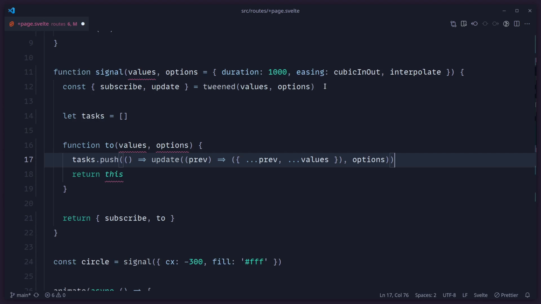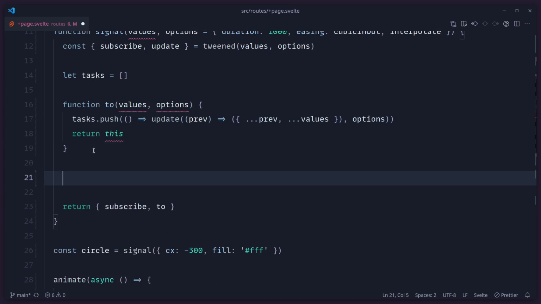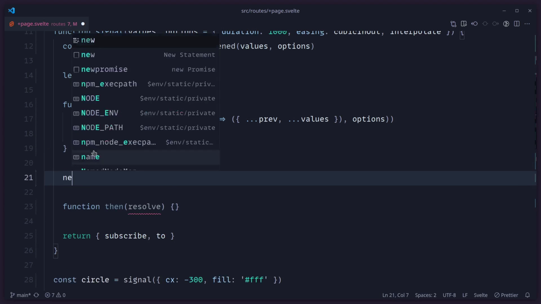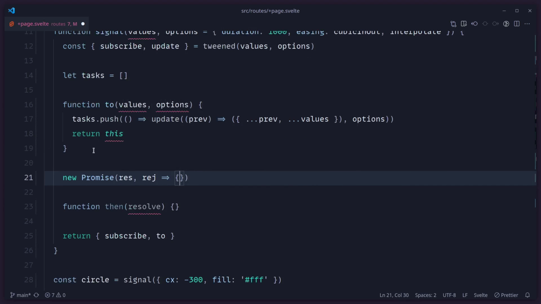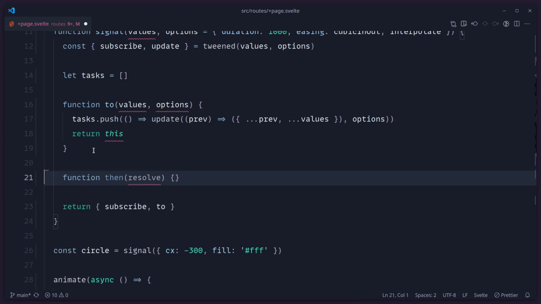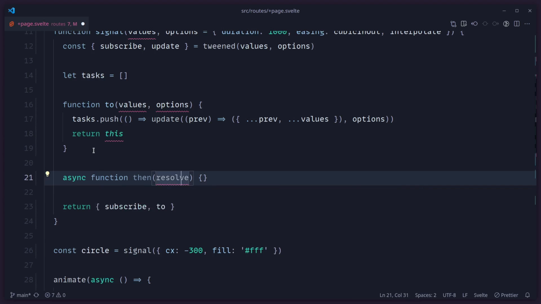So now when the user wants to override the delay, duration, or whatever for the specific animation, they can easily do that. Alright, so now let's make this function thenable. And we can make this really simply by saying function then, and then we also get this resolve passed in. So if you're familiar, this is the same as new Promise, and then you get resolve and reject. And basically, I think they call it the executor. I don't know, it has some weird name, but basically this is the same thing that gets passed when this becomes a thenable. So that's what you get. And let's also make this async. Cool, so you can name this whatever you want, res, resolve.